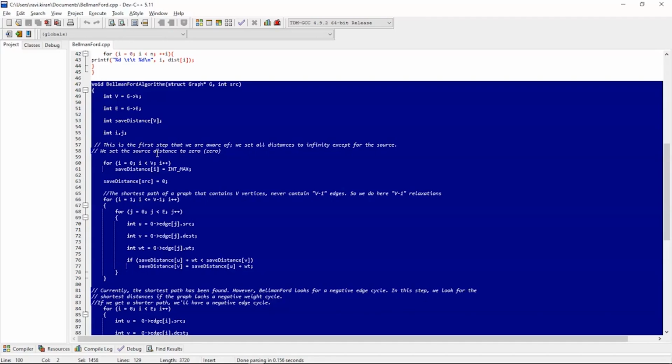Now we run a loop from 0 to the graph's edges and assign all source, destination and weight of the graph, and we have the condition: if the distance of vertex u plus the weight of edge uv is less than the distance of destination vertex v, then we print that the graph contains a negative edge cycle and call the solution function